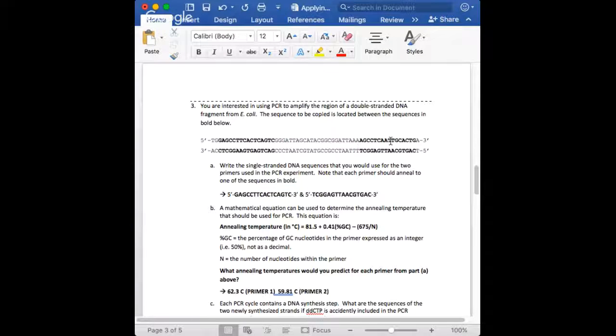The second strand, the one on top, we're looking at the 3' end there, and we're looking 5' to 3', and that sequence for the second primer is going to be TCGGAGTTAACGTGAC, 5' to 3', the complementary strand of that area for the primer to go. And that's how you do that part. Pretty simple,